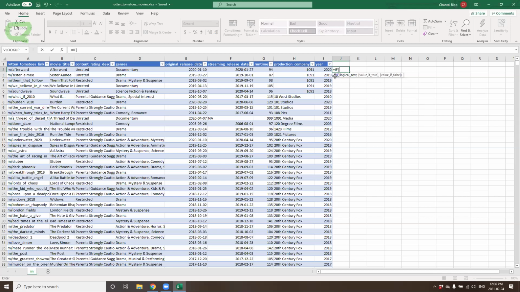So similarly, it's telling me within my formula, the next item it's looking for to support this formula is the logical test. So I am looking into if 94 minutes is greater than 120 minutes. If that statement were true, I'd like for it to return the term long. If that statement were false, what's another option? Short.